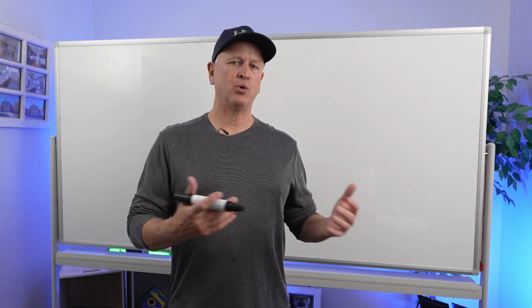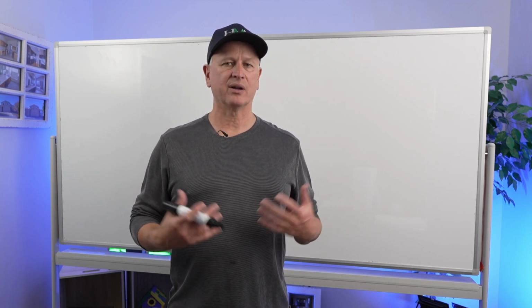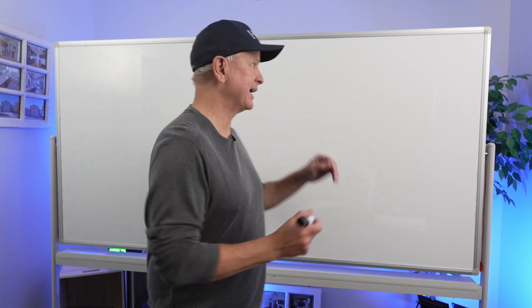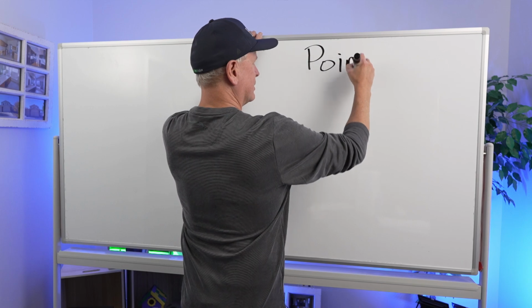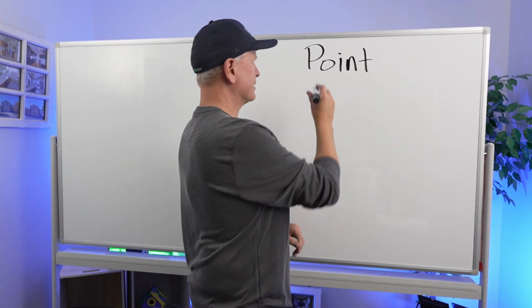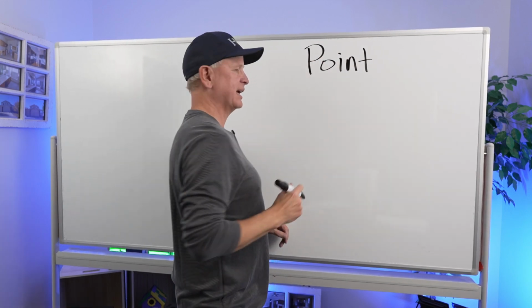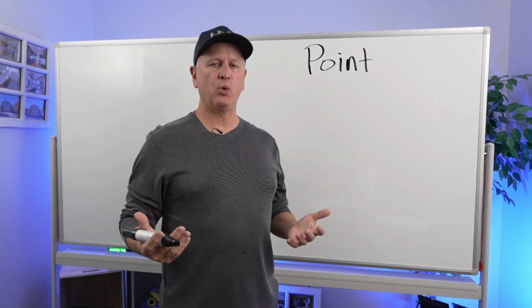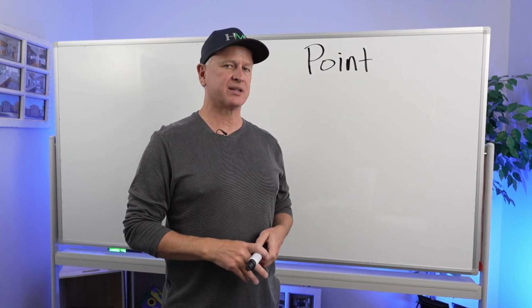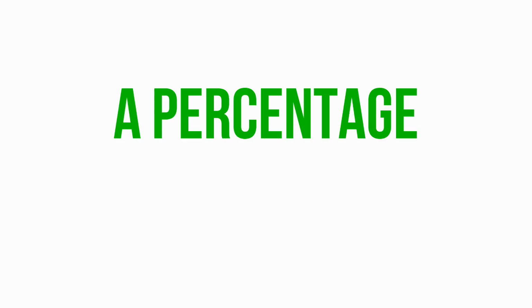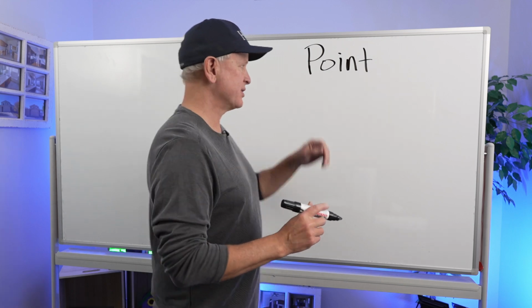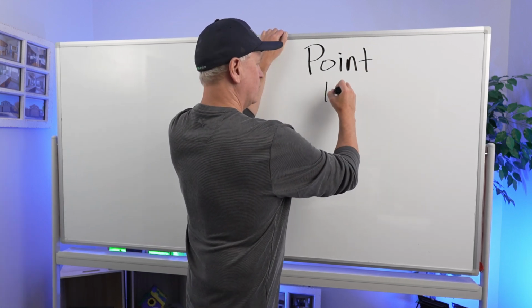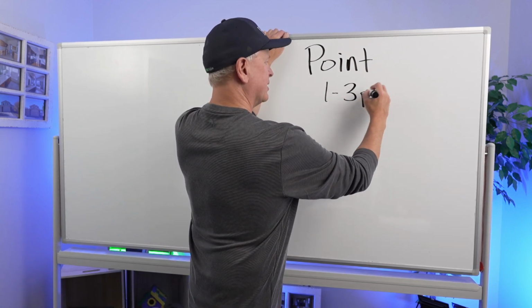So first of all, you're going to hear lenders talk about there's a point on this loan. There's 2 points on this loan. What does that mean? We get this question a lot. So what is a point? Why are lenders talking about points, and how do I calculate it? So a point, when a mortgage originator talks about a point, it's a percentage of the loan. It's their fee, it's their charge. So you'll see anywhere between 1 and 3 points